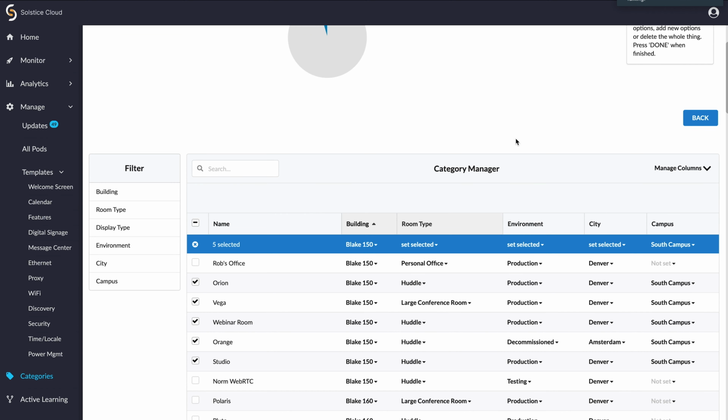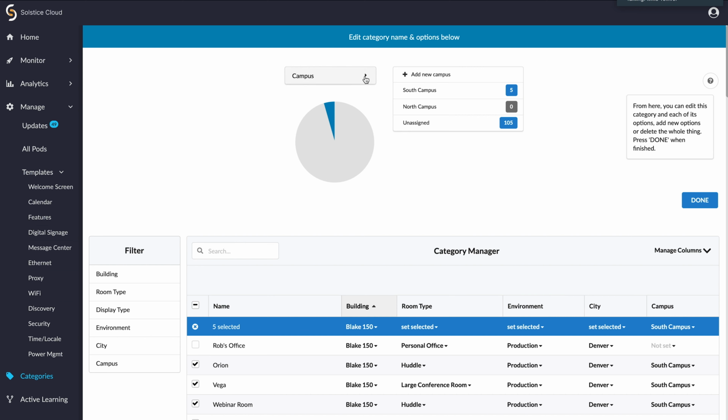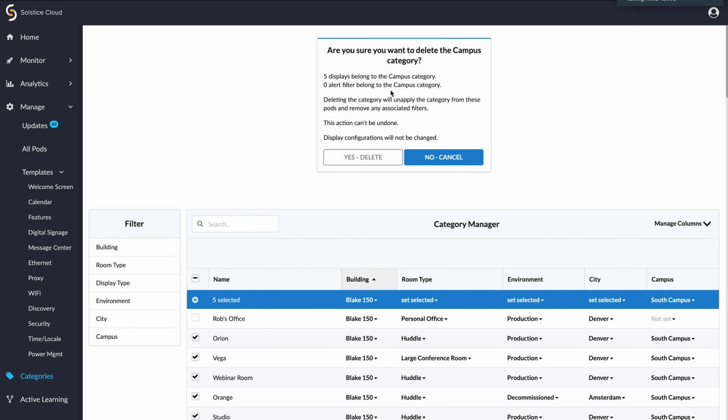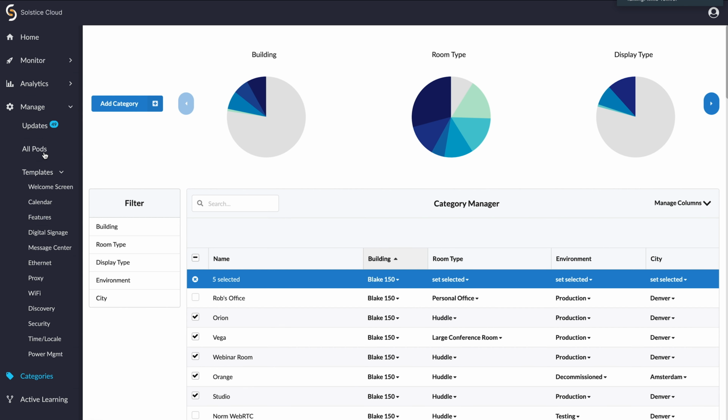And at that point, those assignments are there on the pods, and that makes it easier for me to manage these devices. I'm not going to go through the whole list of pods. That was just an example, so I'm going to go ahead and delete this category. You can delete categories, you can rename them, you can do everything you want. And once those are set up,